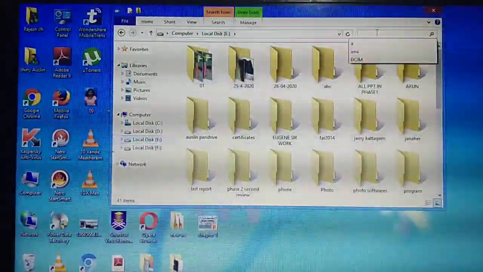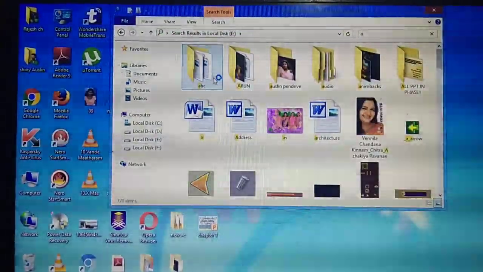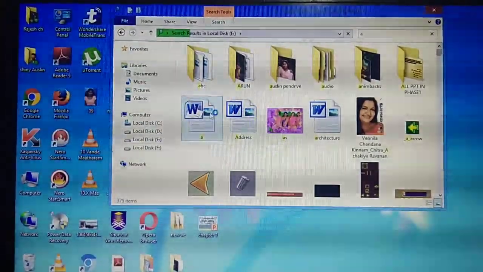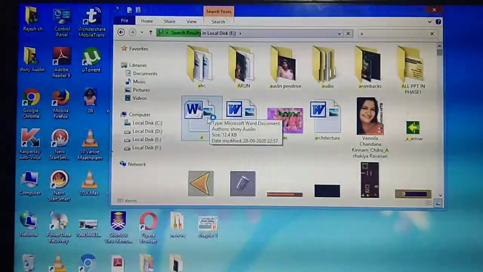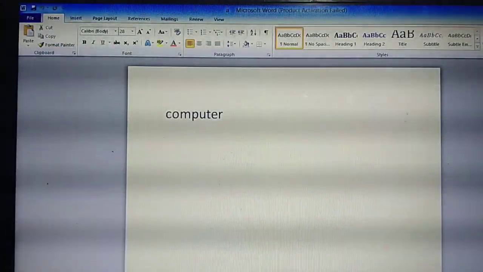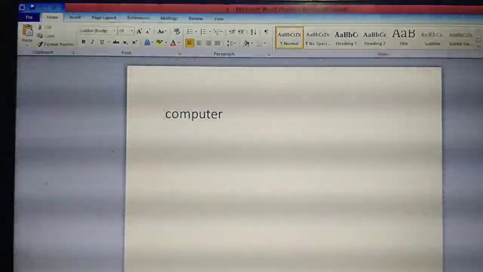So E drive. If you see, this file will be there. Have you seen it? A. Is it visible for you, this Word file? Next time, simply in E drive I can open it. Double click the file and the particular file will open. Understand? That's the use of saving the file.